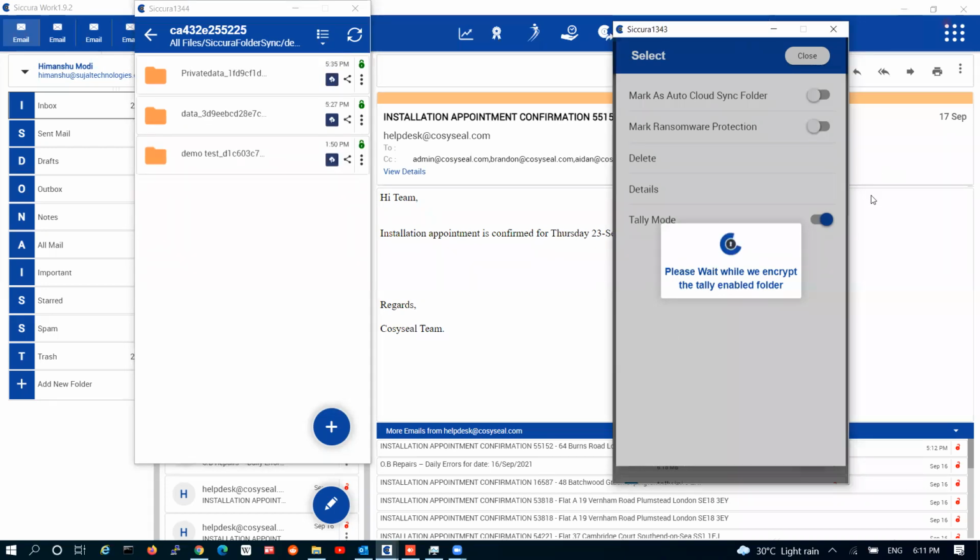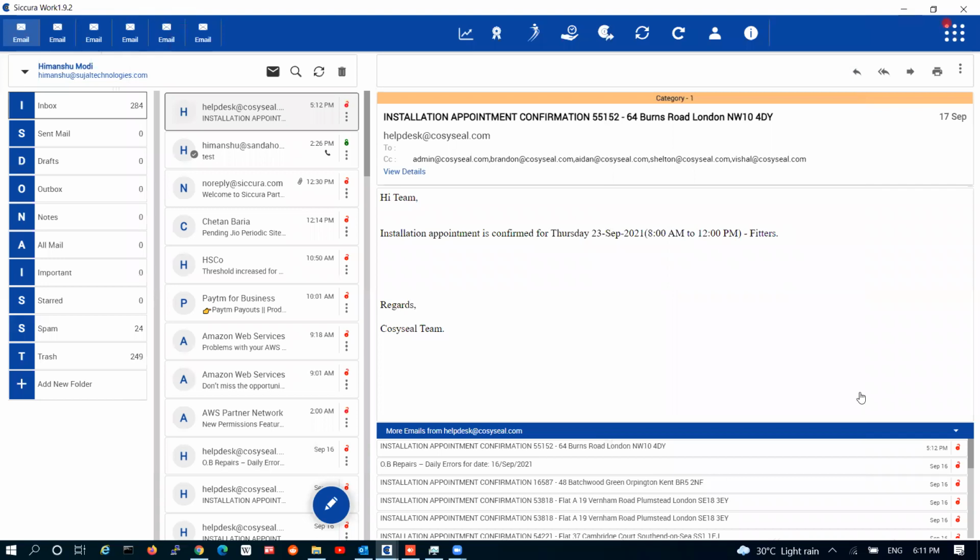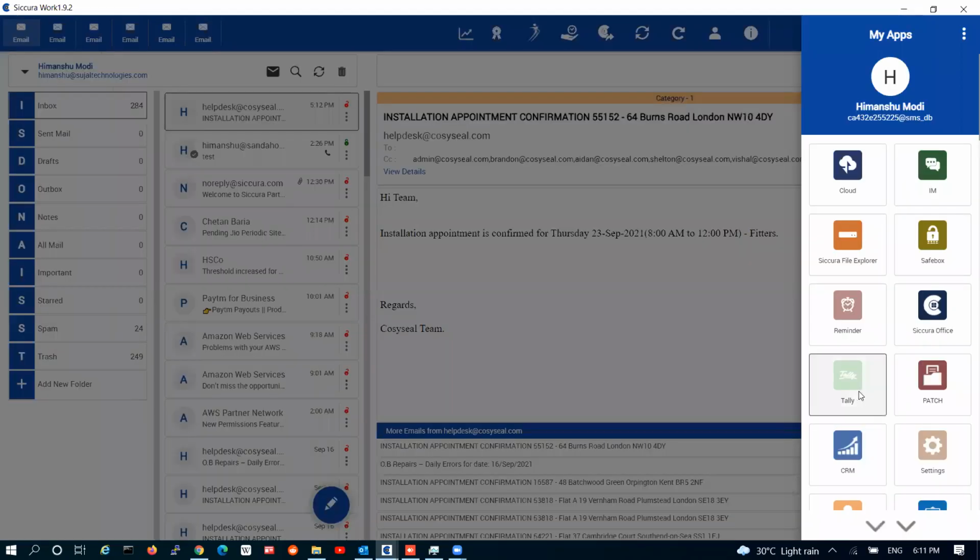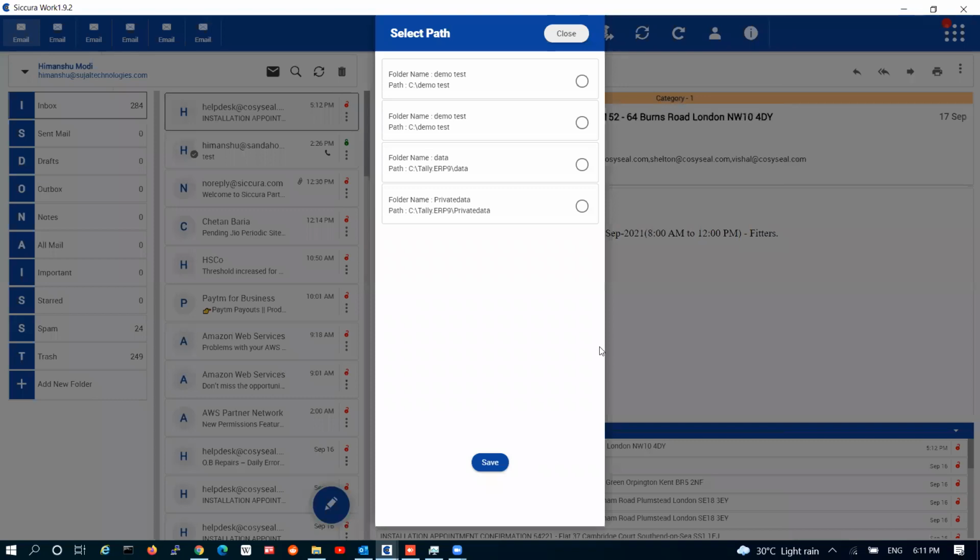Okay. So now what will happen when I click on the nine dots, when I click on Tally now, you can see there are multiple folders available here from where I need to start my Tally. So for example, I want to start with this private data folder.